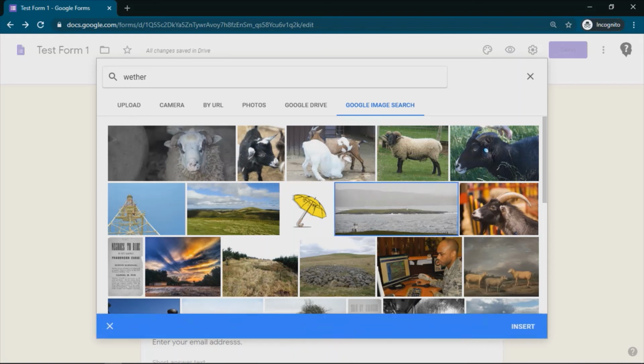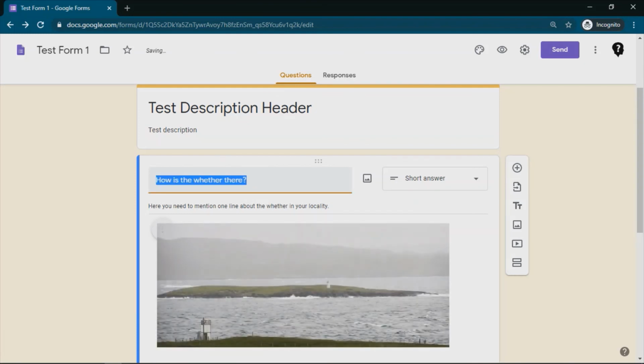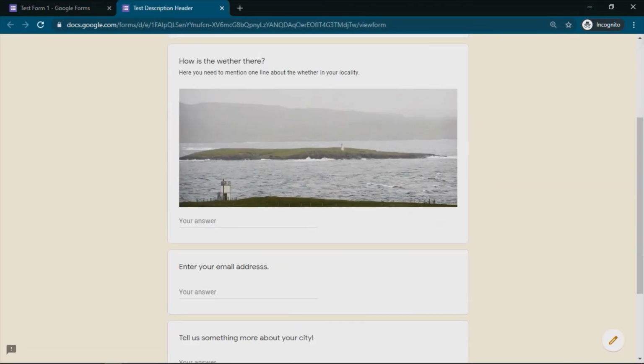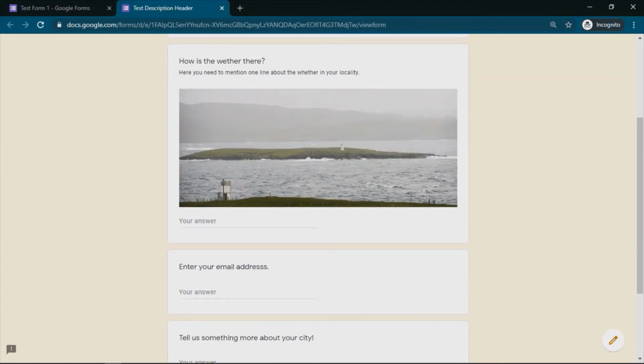So let me take this image and insert. Okay, and then hit the preview. It will insert that image so that your question will look more relevant and have a visual appeal.